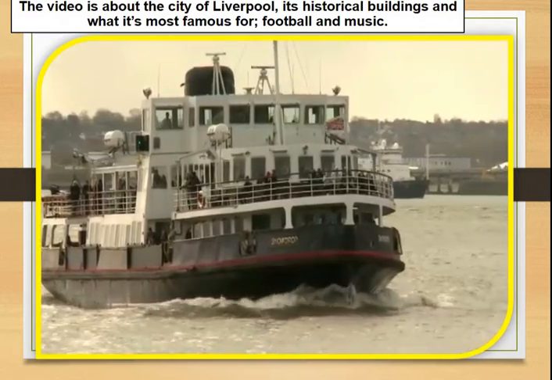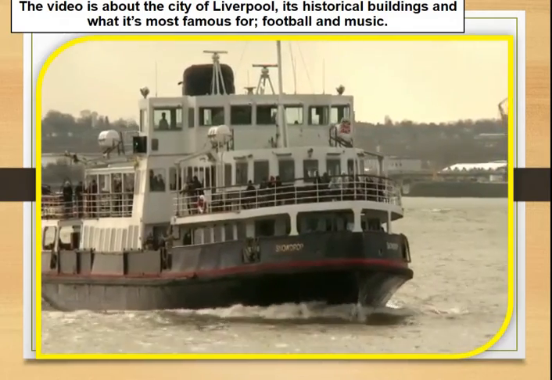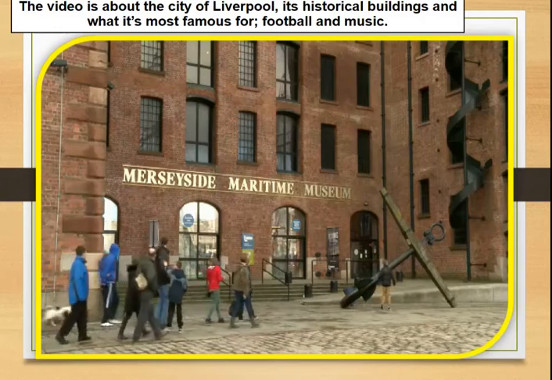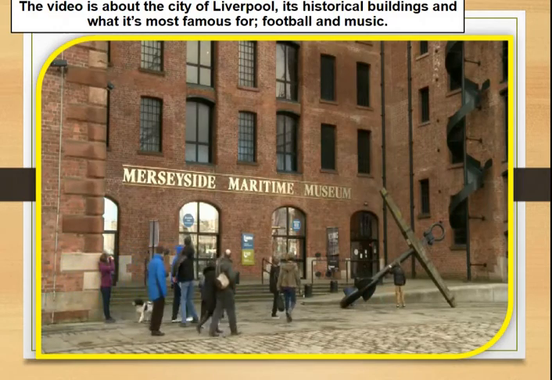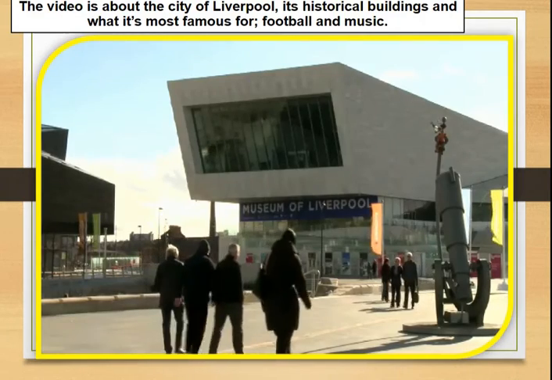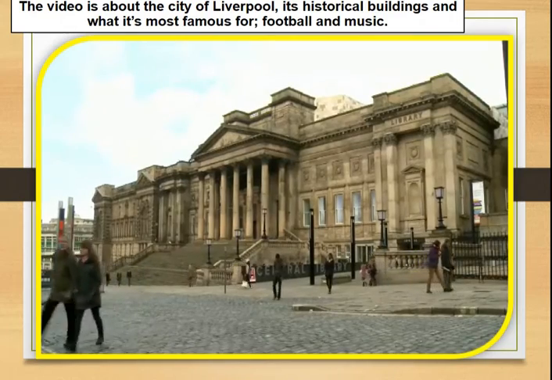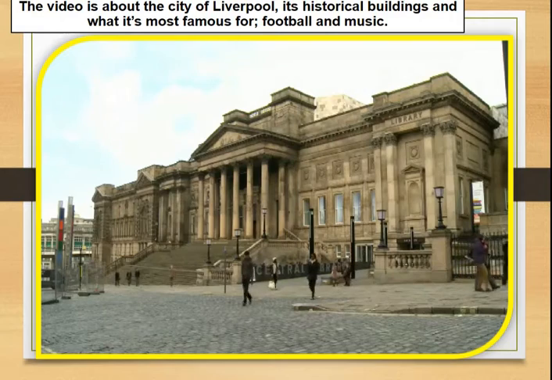Liverpool is a very popular tourist destination, and every year over 1 million people visit the city. They go to the city's excellent museums and fantastic art galleries, but it's most famous for two things: